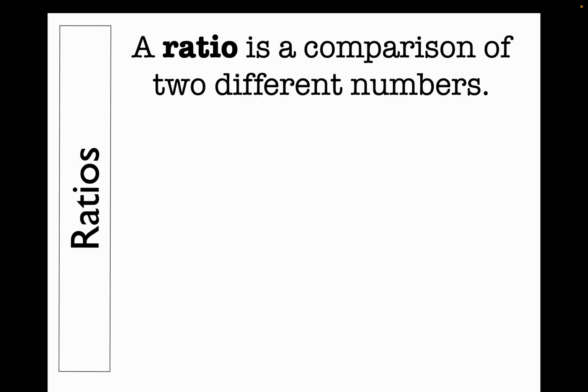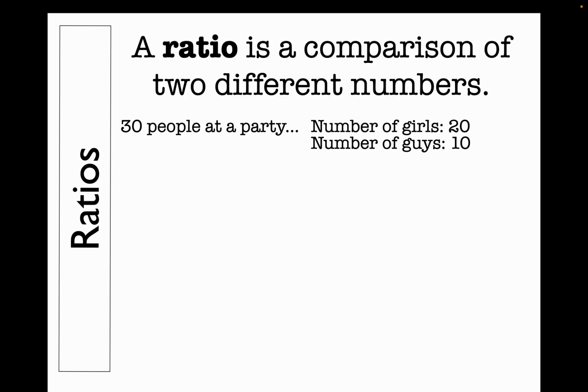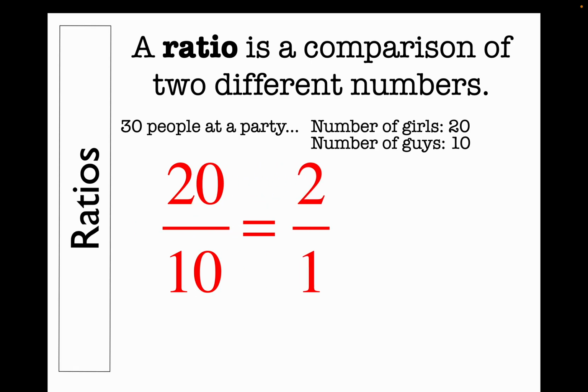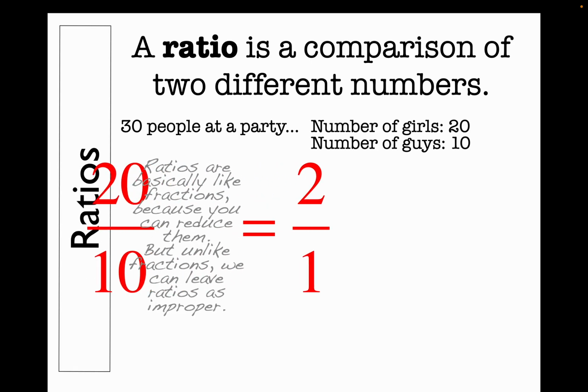What's a ratio? Ratio is just a comparison of two different numbers. So if there's 30 people at a party and 20 are girls and 10 are guys, you've got a 20-to-10 ratio. And we often write ratios in a way that looks like a fraction. We can simplify them like a fraction, but unlike a fraction, we would never take 2 over 1 and make it into just a 2, because the whole point of a ratio is it's supposed to be two different numbers